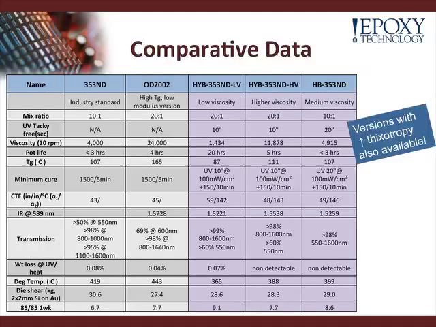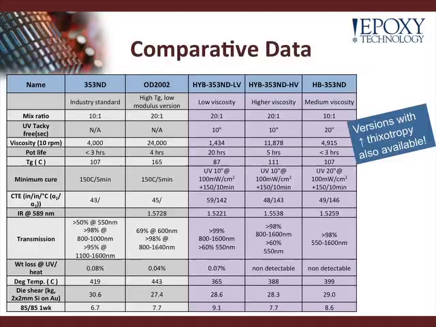So the die shear here is done on a 2mm by 2mm silica die on gold-plated Kovar. You can see the 353ND and the OD2002 both started around 30 kilograms, and the hybrid systems also started about 30 kilograms. Now, we performed 85-85, so that's 85 Celsius, 85% RH, for 1 week on these samples, and then